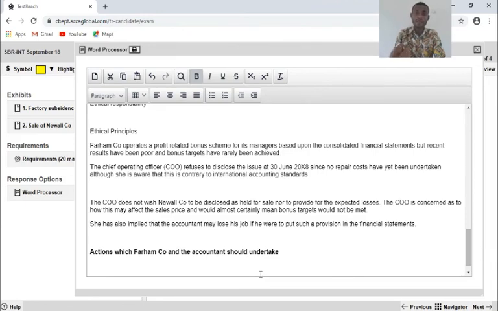And where these issues remain unresolved, the accountant will need to take further steps by consulting and seeking advice from external parties like the ACCA. And at worst, should consider possible resignation. So we already know all of this, but in the context of the CBE environment, this is how you structure your answer. And I want to believe that we are going to take this as a start and solve or practice with several other questions.